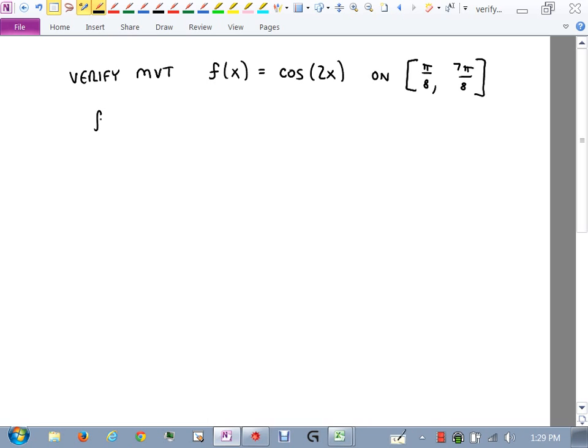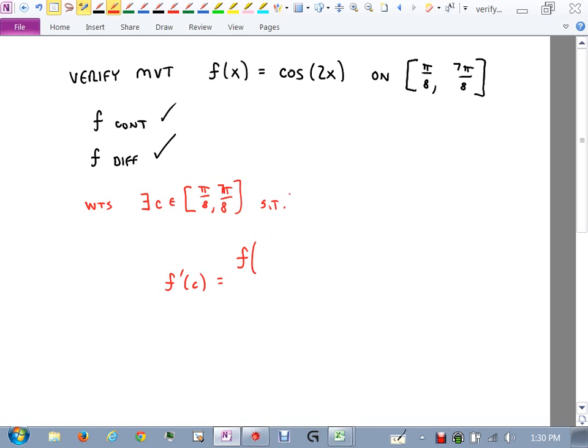All right, is f continuous? It's a cosine function. It's continuous everywhere. What's the derivative of cosine? Negative sine. That's a continuous function. So it's continuous and differentiable everywhere. So I'm happy with that. So what I want is to show there exists a c somewhere in here such that what? The derivative at c is equal to f of